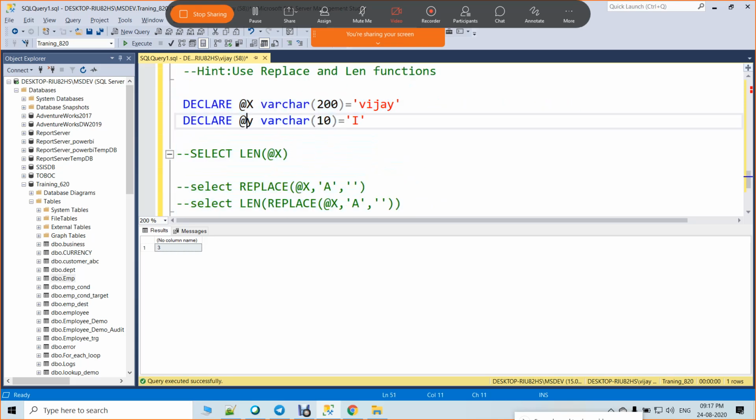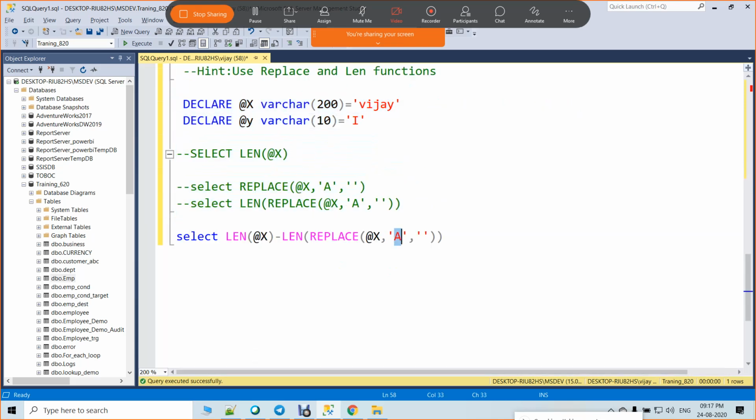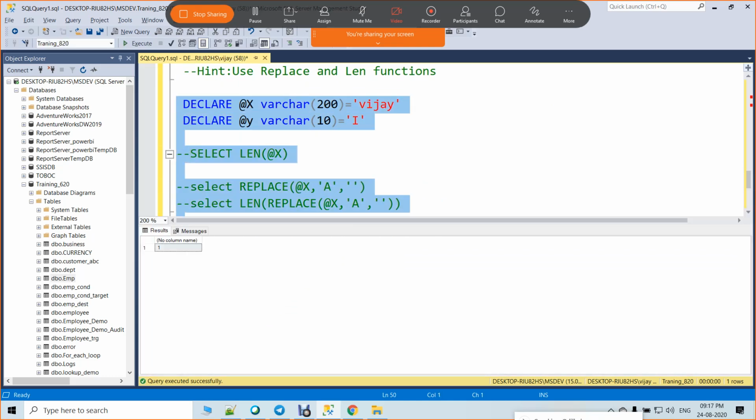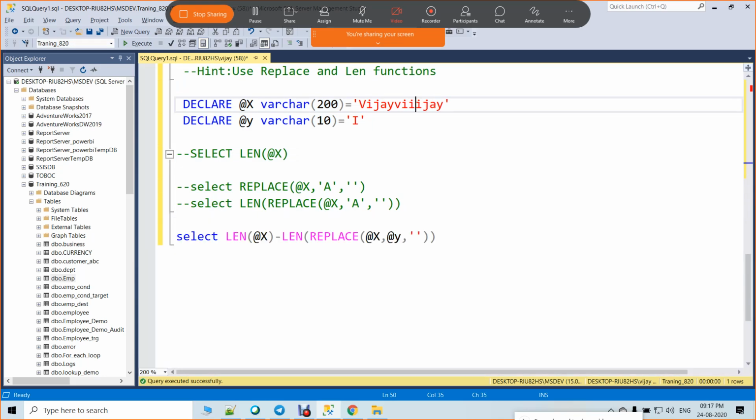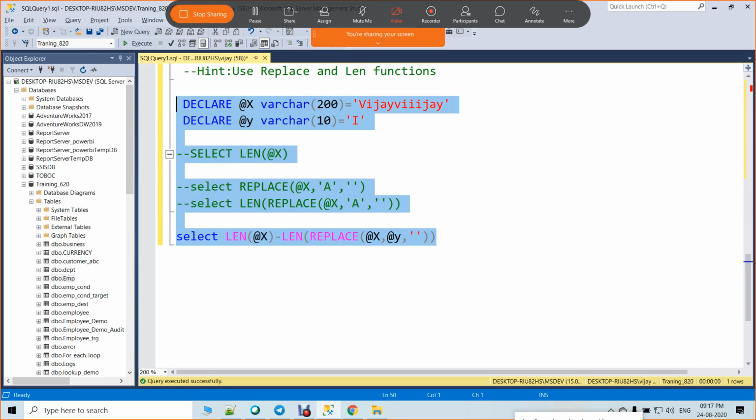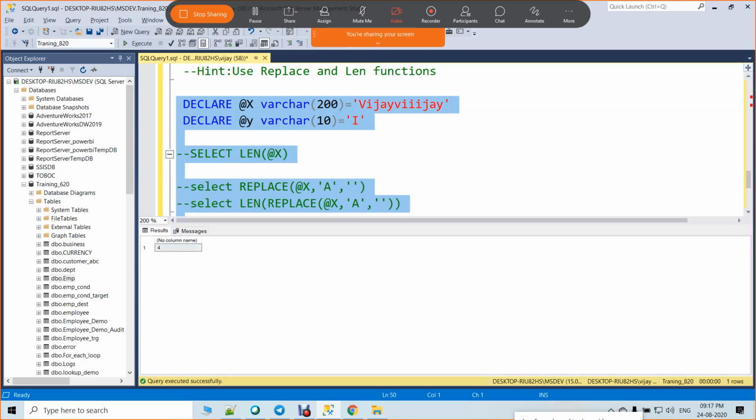Substitute this string with, let me put I. Okay. 4 times I is repeated.